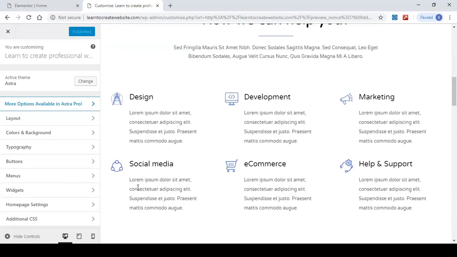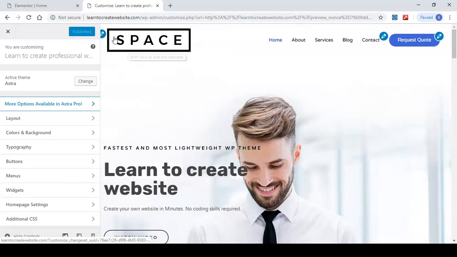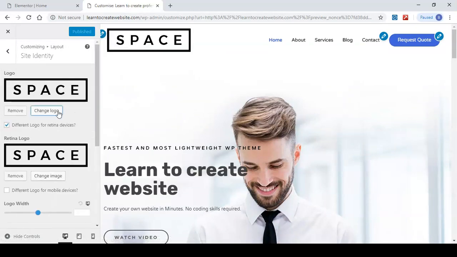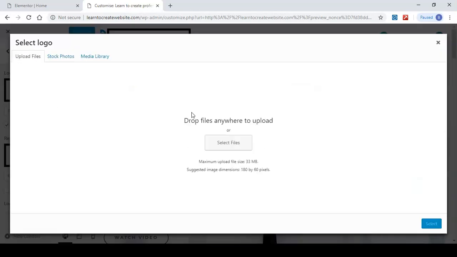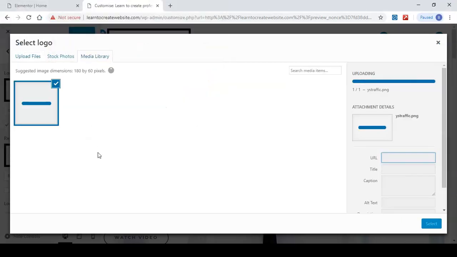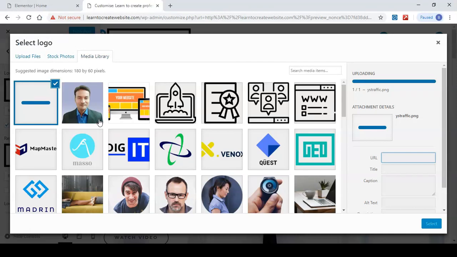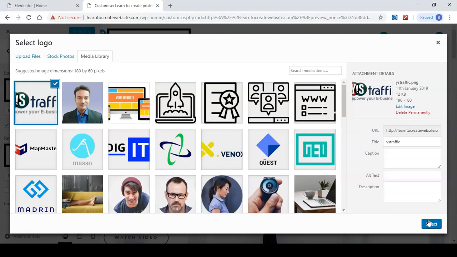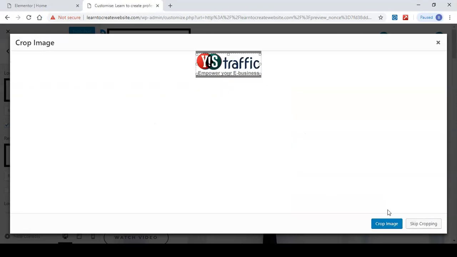Now suppose if you want to change this logo, just click on this blue icon, click on change logo, select file, select the logo, click on select button. You can crop the image and click on crop image.